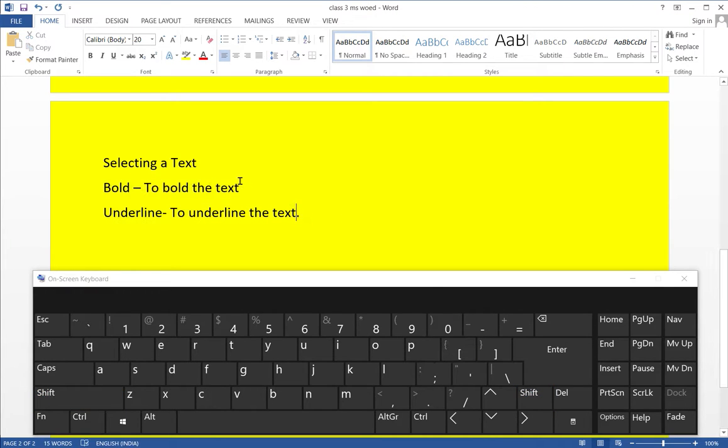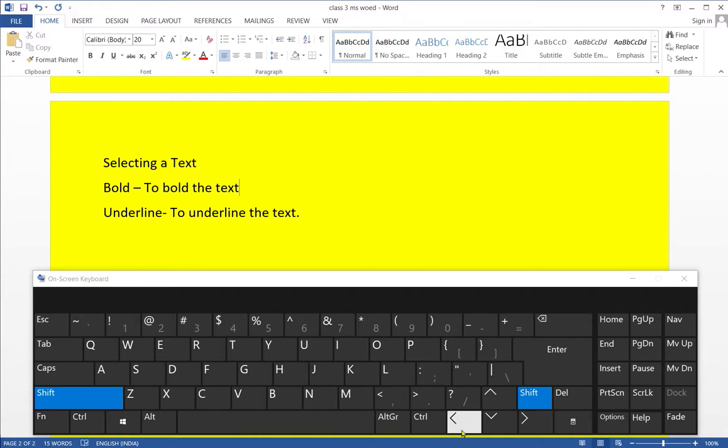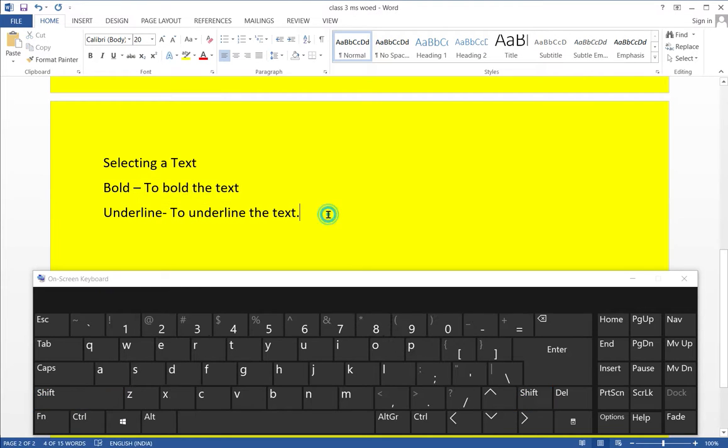If you want to select the text towards the left, just press the shift key and then press the left arrow key. So these are the keys which help you to select the text. This is the second method to select the text. Thank you.